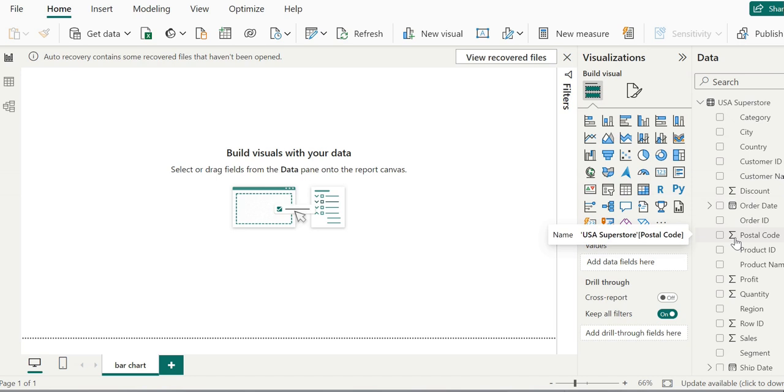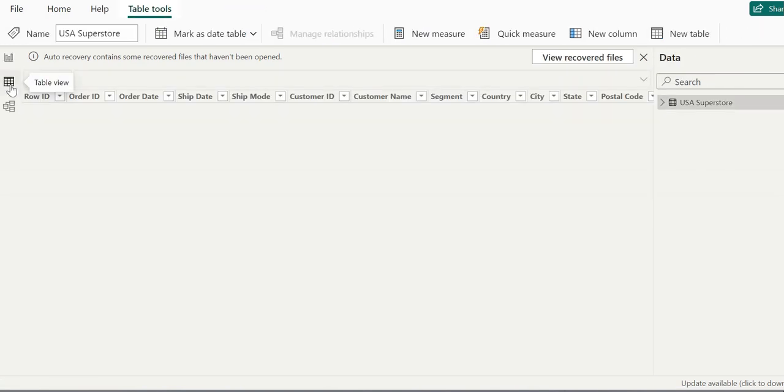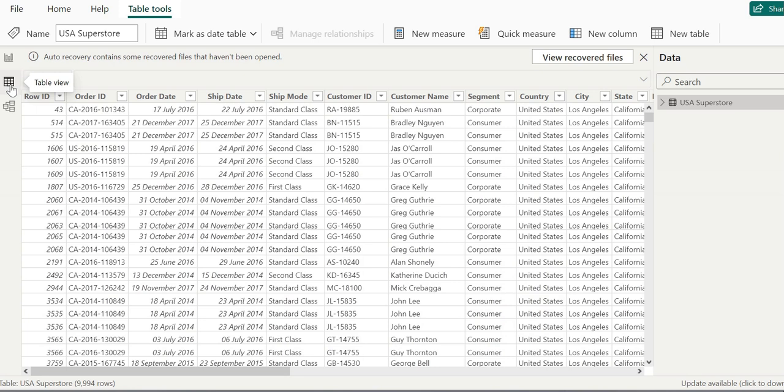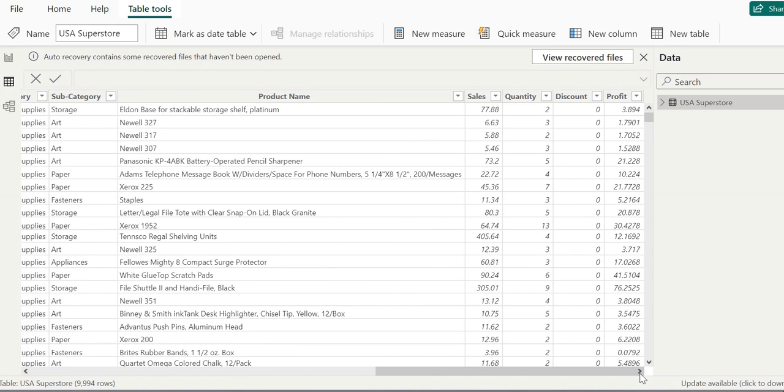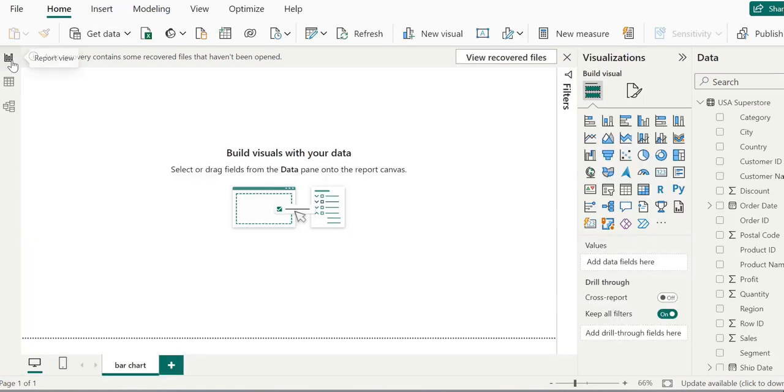On the left side we can see that by default we are on the report view. Let's change it by clicking on the data view. This data view in turn gives us the representation of the data as rows and columns. This is the same data we were seeing. So once we have explored the data for our own satisfaction, we can click back to the report view and proceed to add our first visualization.